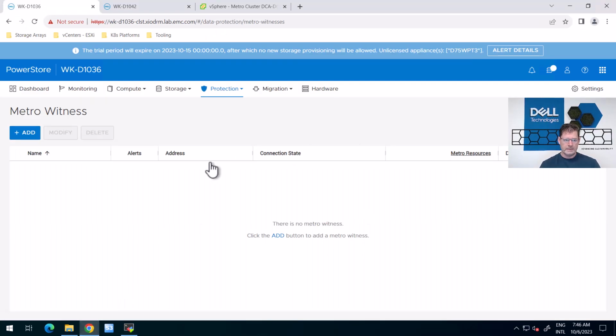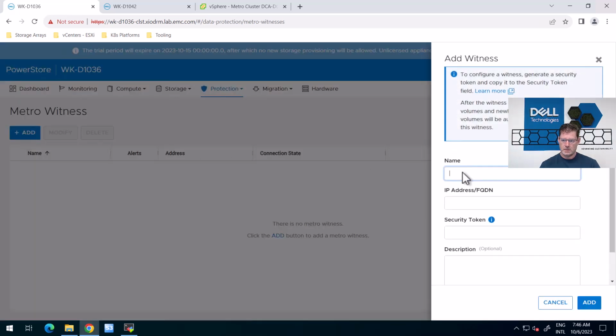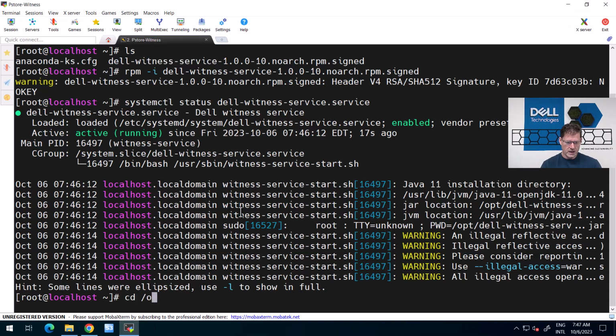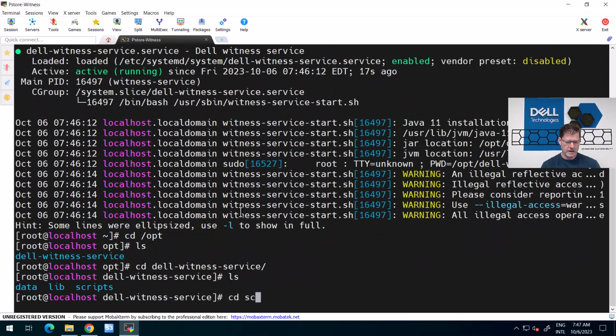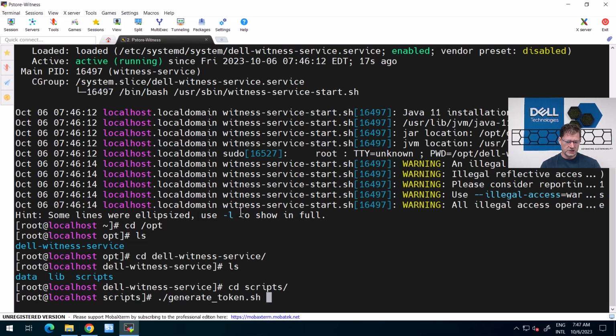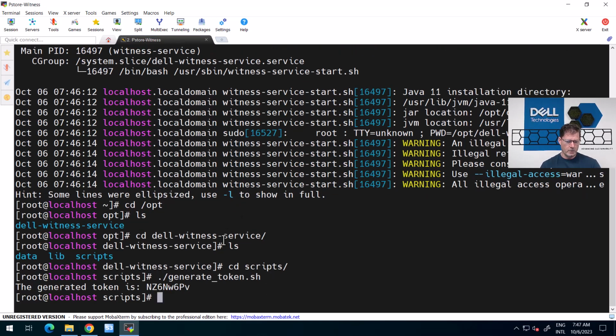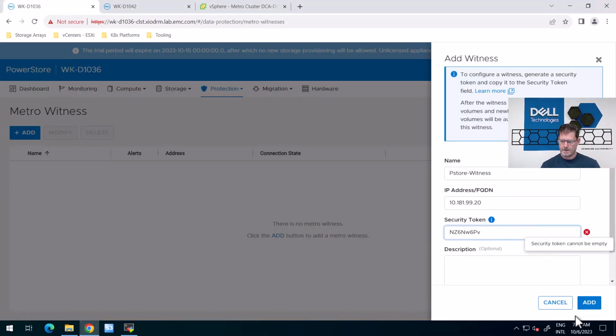Okay, so I'm just going to go in here and add the Metro Witness. And I'm going to call it the PowerStore Witness. I've got to give it the IP address of the actual machine, and then I need to provide a security token. So if you look here, it will tell you, yeah, you need to generate that on the actual witness. So basically, all you need to do is go to the installed version, /opt Dell Witness Service scripts, and then from there you can say generate me a token. There you go. Now we have the token. Just copy that, paste it in there, and add